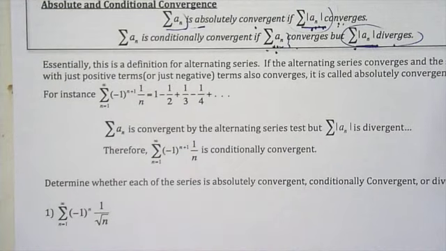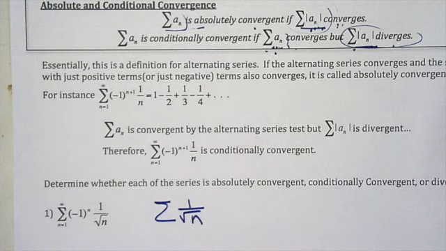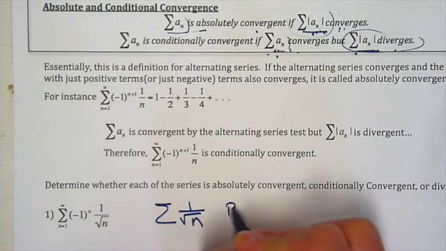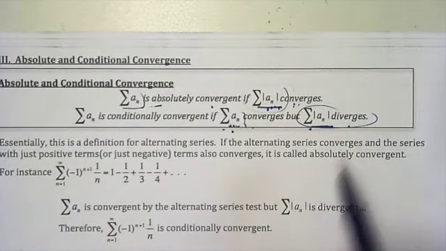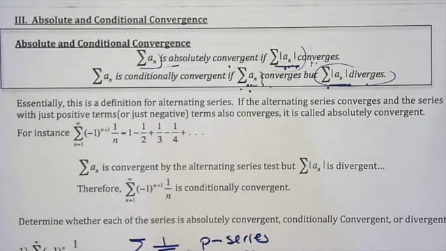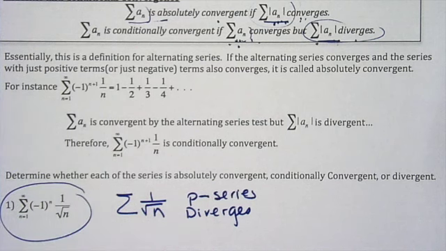Okay, so let's look at the first example here. First thing I'm going to do is take the absolute value of the series. So the absolute value piece would just be this, right? Just look at the series without the (-1)^n in there. I can say right away that this is a p-series that diverges. So because it diverges, this cannot be absolutely convergent. Okay, now if it diverges, you also have to figure out what happens to the entire series with that alternating